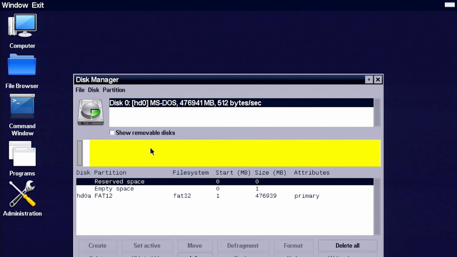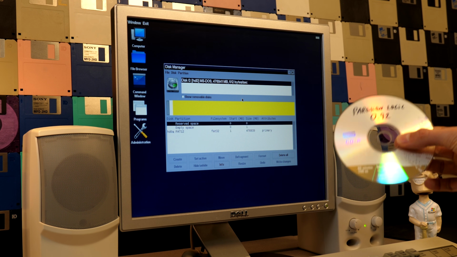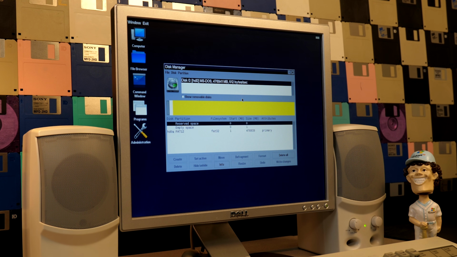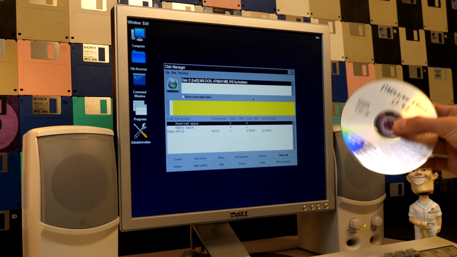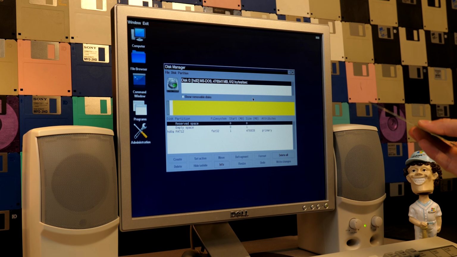Disk manager, this is the same tool that we saw before going through the install process. Something that's interesting that we will take a look at briefly in a moment is this developer also has another tool called Partition Logic, also on version 0.92, which is based off of Visopsys, and that's basically just this disk manager program. Maybe it's a more advanced version of it, but it looks exactly the same. But it's strictly meant for you to boot off of either the CD, the floppy, or the USB drive, because there are 3 separate versions of it. It's kind of like an alternative to Gparted, where you can partition drives and do all that sort of stuff. So we'll take a look at that in a moment, but we already took a look at the disk manager